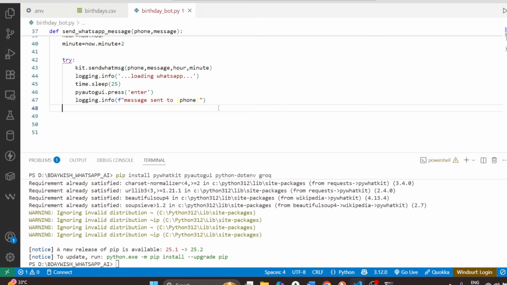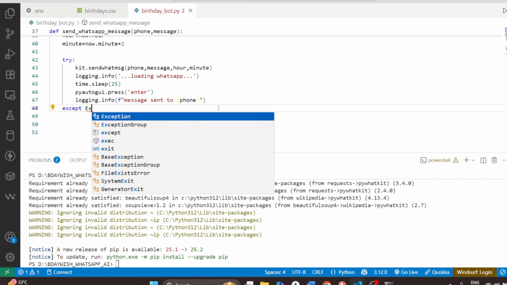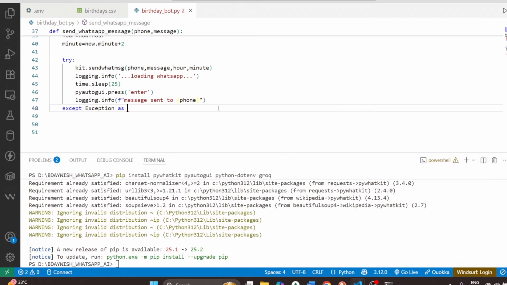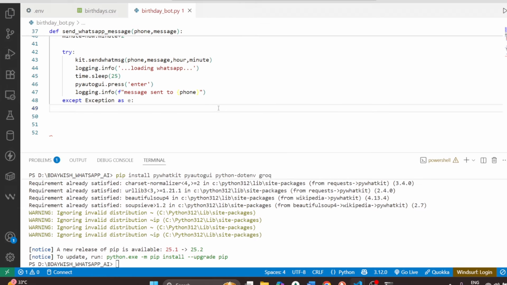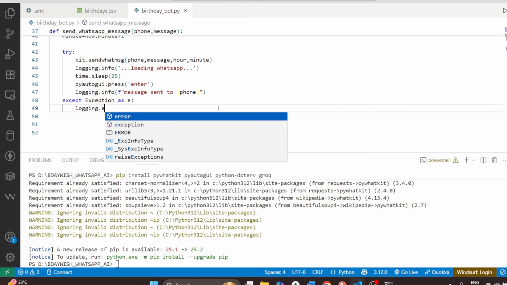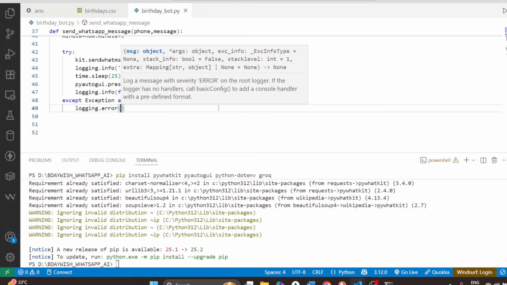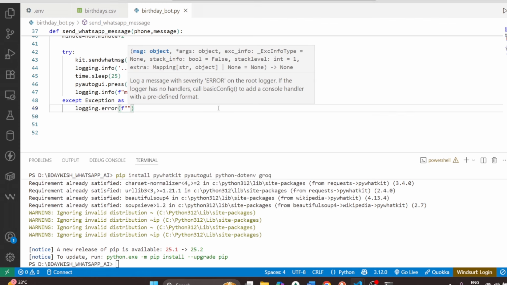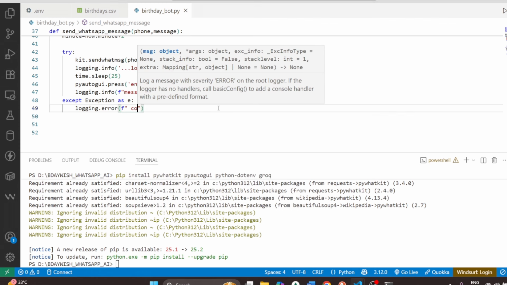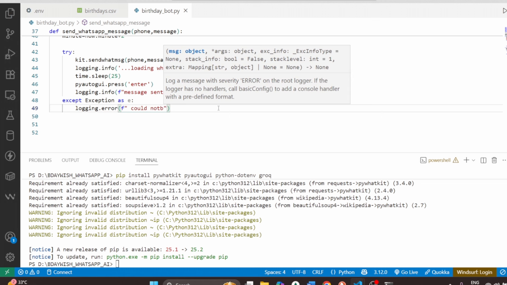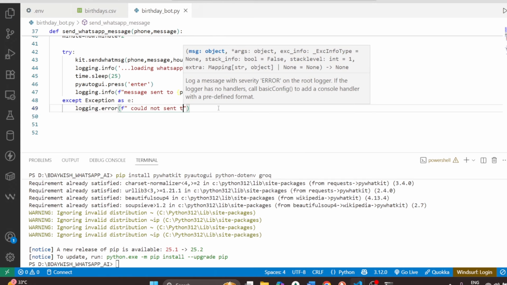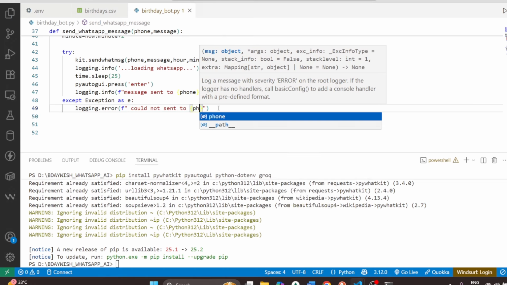Now if any issues come, I mean any exception is there, we can give an except also like this, exception as E. Here I will make a logging dot error, and in that string I will write an error message like could not send to phone number, we can mention here. Okay,